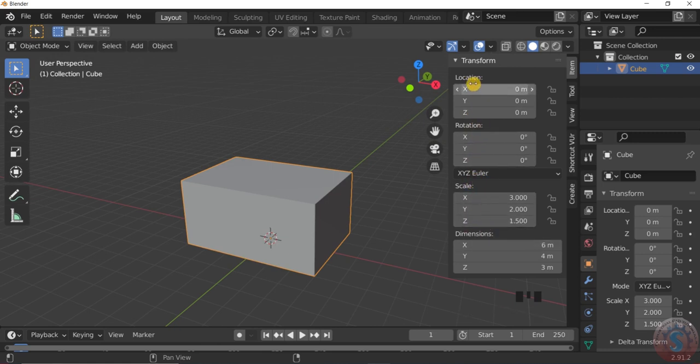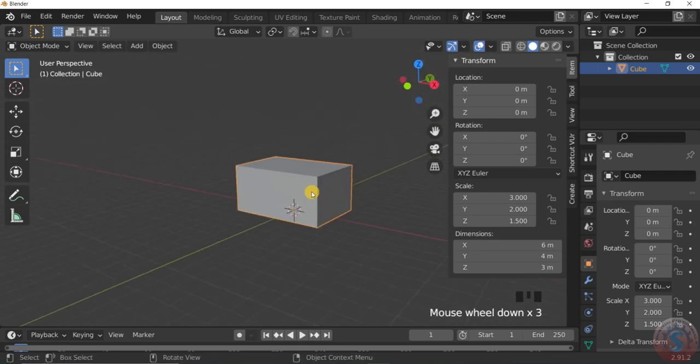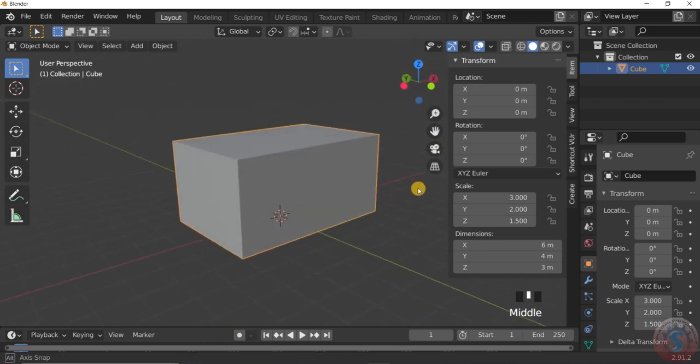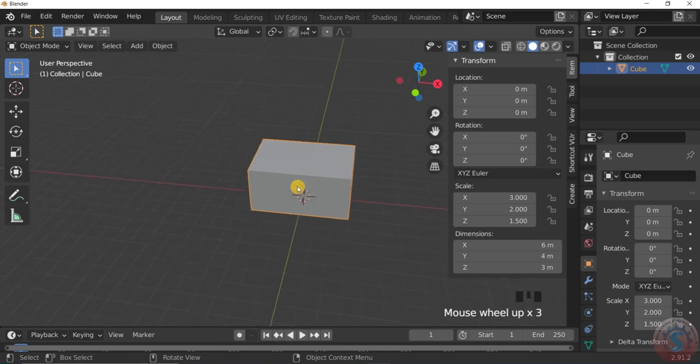You can also give the rotation. You can also give the location. I will show the features in my next video. You can observe one cube is created. Next, you want to develop the